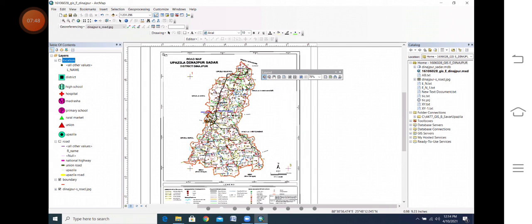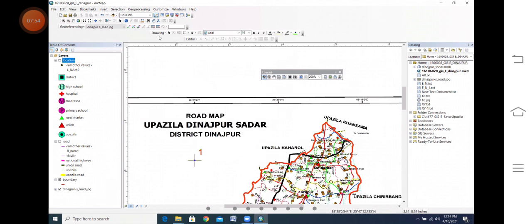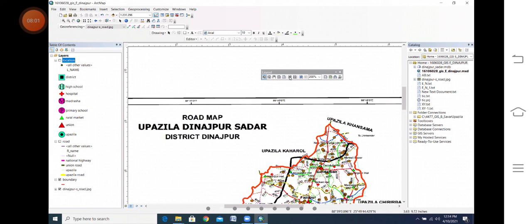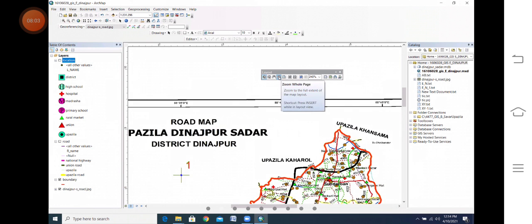Suppose you click zoom in here, you can see it clearly. Again I click here, whole page. Look, it will go to the original size.